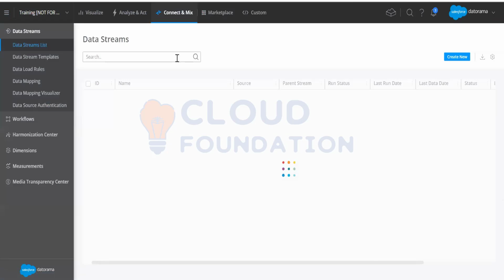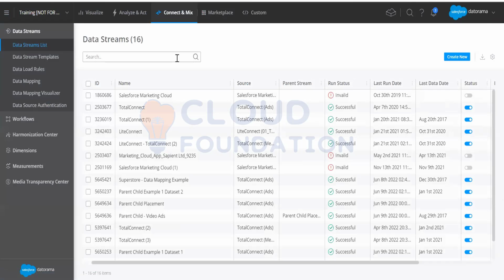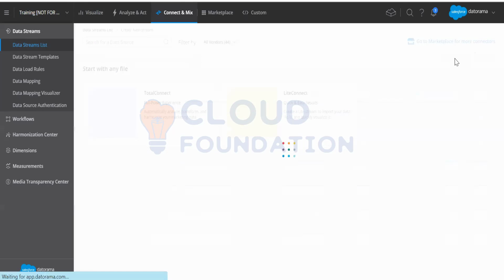Now coming to Connect and Mix, which is the most important part and the first part in data ingestion. When you go to the left pane, you see data streams, and these all are data streams basically. If you want to connect something, you can go ahead and connect your data. And how do you do that? These are data streams, right? You go to create new,